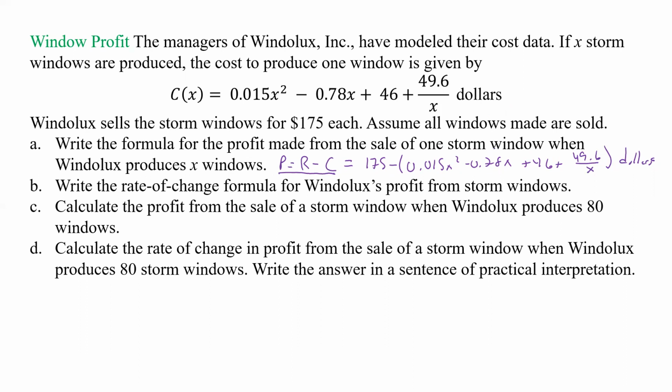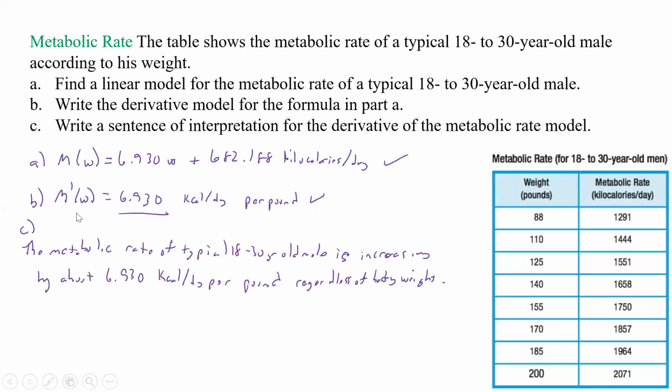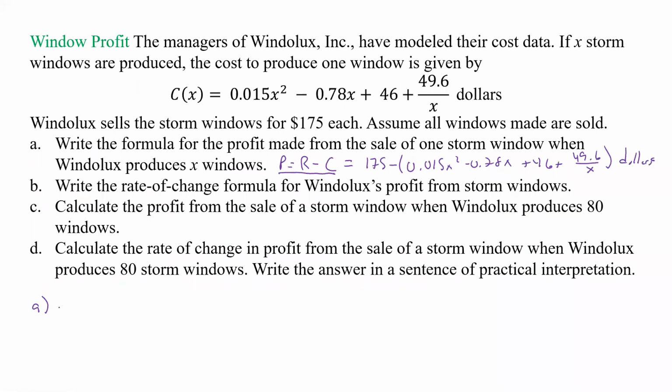So let's do A and say, well, if we simplify it, 175 minus our 46 is going to be 129. So it's going to be our P of X is going to be equal to 129